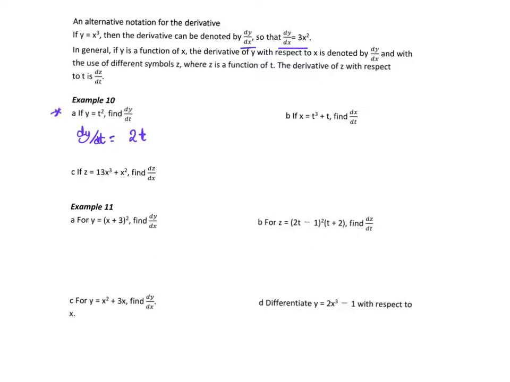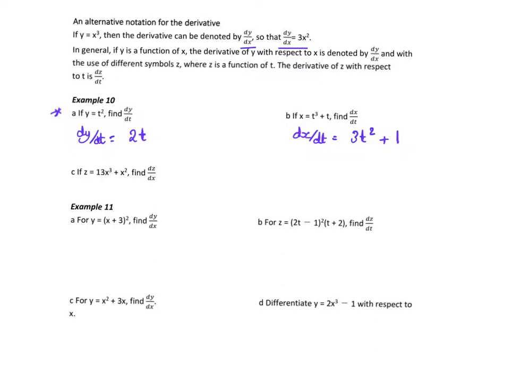Have a look at this one. x is equal to t cubed plus t. So here we're differentiating x with respect to t, dx dt. dx dt is equal to, drop the 3 down, 3t, decrease the power by 1, plus, and then t becomes